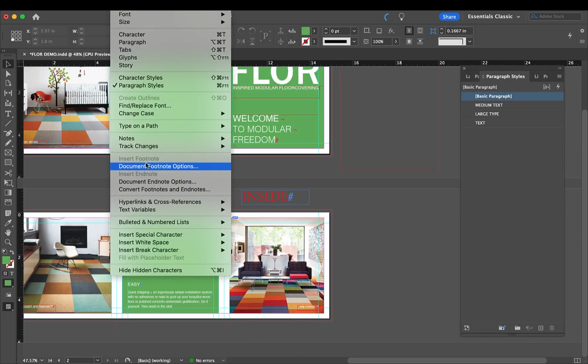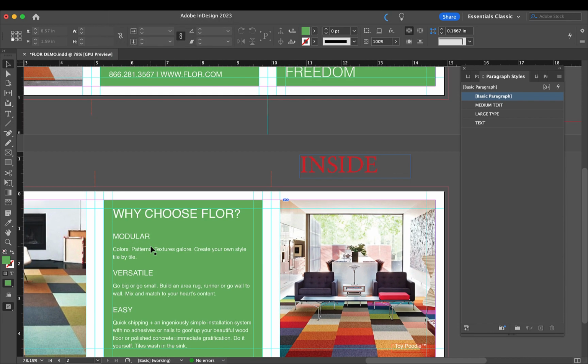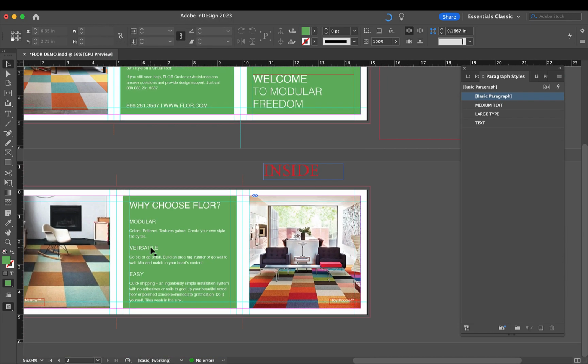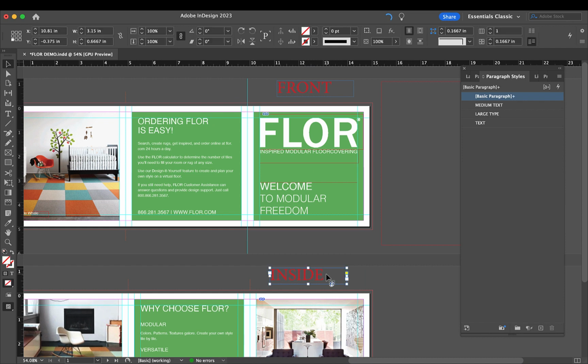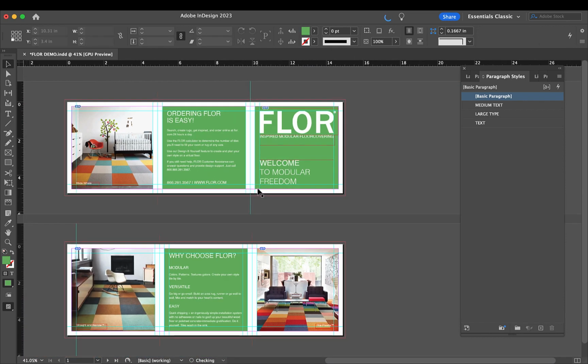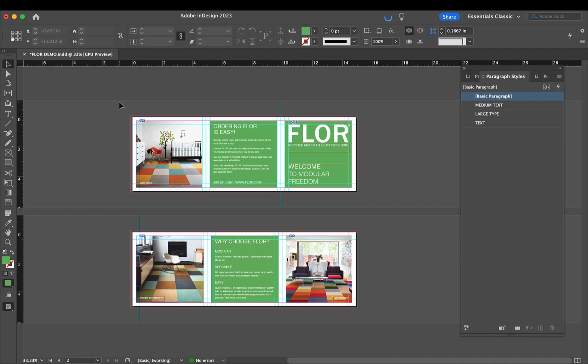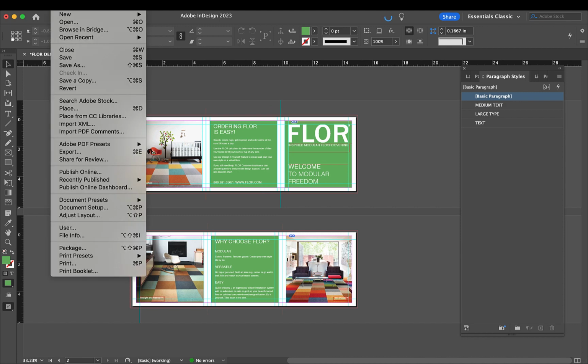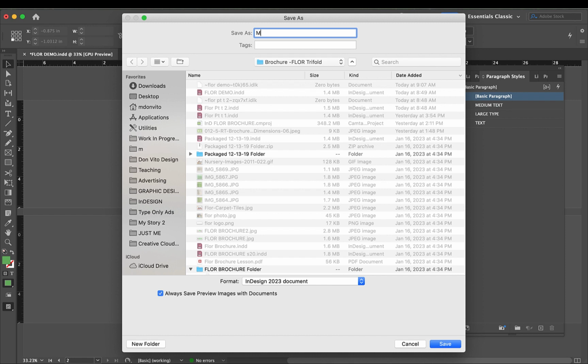Okay, and let's hide those hidden characters because those are annoying and just kind of run through and check. I don't think we need this anymore. I think we know the front from the back. Let's get rid of that text box that we don't need anymore. And we're good to go. So let's save this. Remember always to put your name on files, not just for me, but when you send